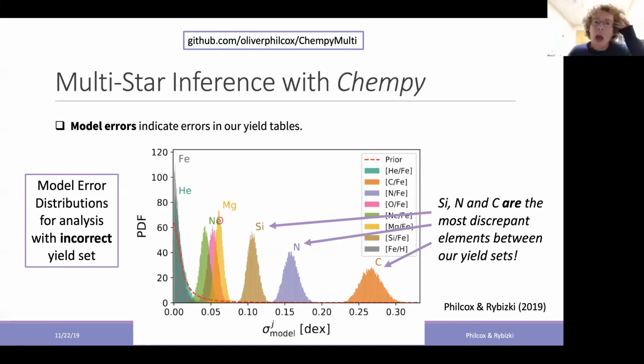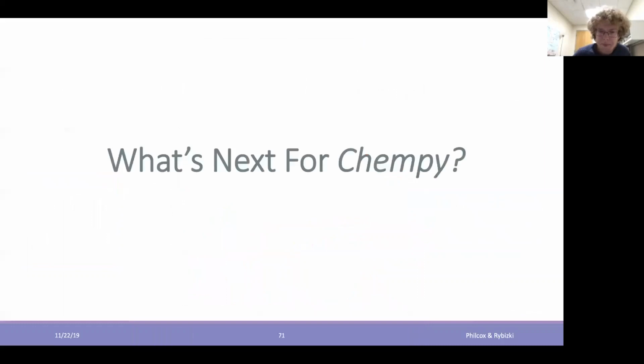Okay, so this multi-star inference was the result of our recent paper, but this is not all. Chempy has many, many more areas that can be explored. So I think Jan might want to give us a slight indication about what's next for Chempy. All right. So yeah, I have to say it doesn't need to be Chempy. You can plug in any galactic chemical evolution model. Chempy is just at our hands, so this is what we are using. Can you switch to the next slide?